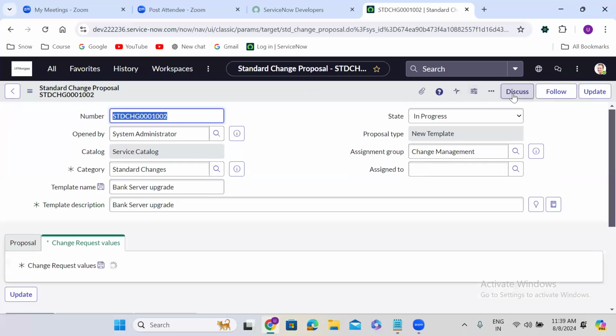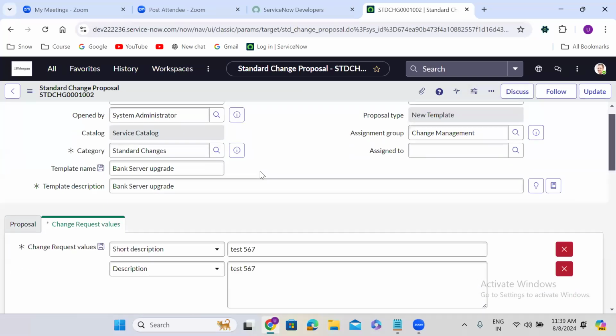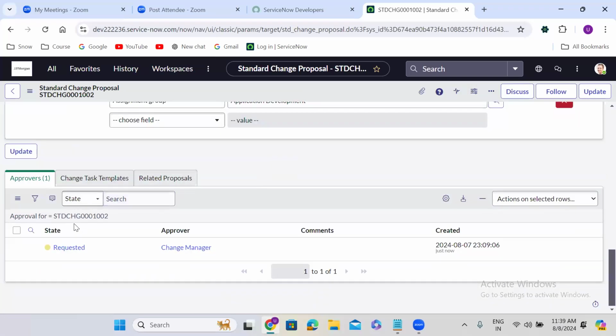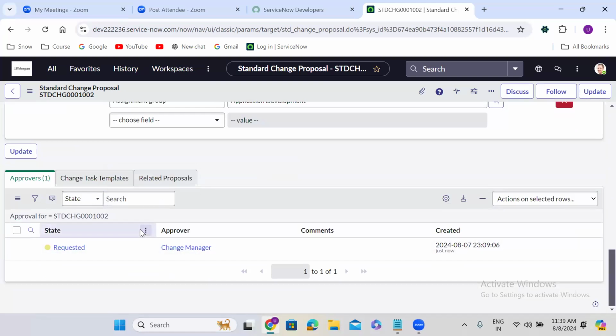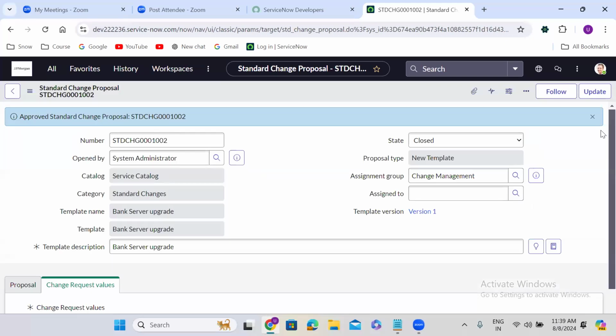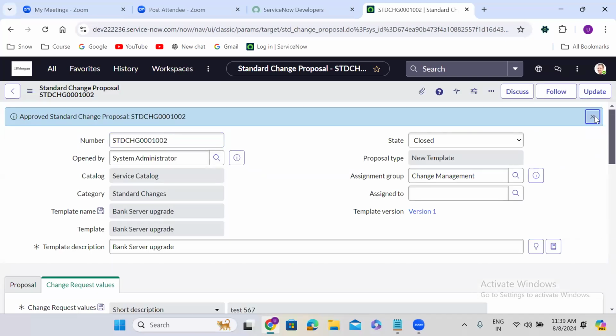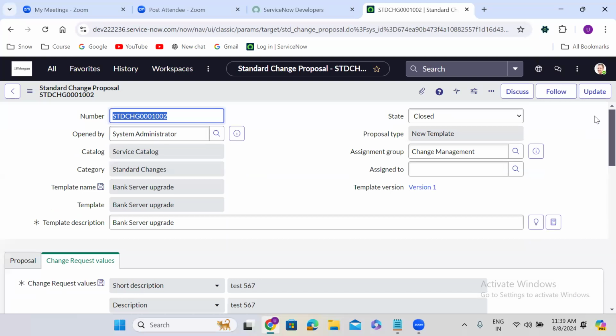So once you click on request approval, your manager will receive the approval. Here your manager has to approve it. Once they approve it, the paper is ready. The template is ready. Okay. Now the paper is ready. Template is ready. So then what you will